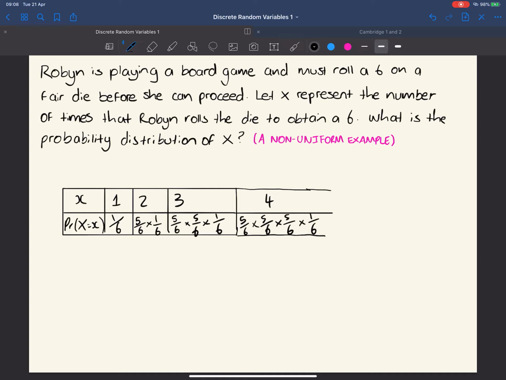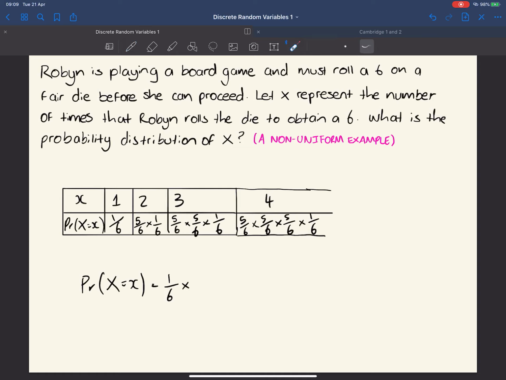The pattern is this, and this is our probability distribution. It's going to be defined as a rule, not a table this time. The probability that X, the number of times that Robin rolls the dice in order to obtain a 6, is definitely, have a look, there's always a 6th, right? No matter how many times she had to roll to get a 6, whether it's 1 or 2 or 3 or 4 or 88, there's always going to be that 1 in 6th chance, because that's what she needed to get the 6 in the end. So there's definitely a 6th. And we're going to multiply that by,